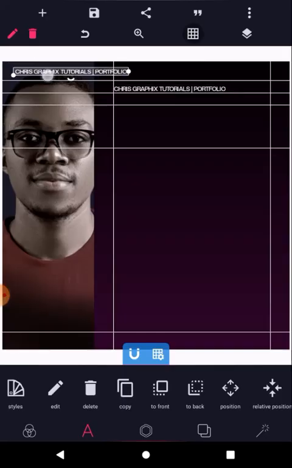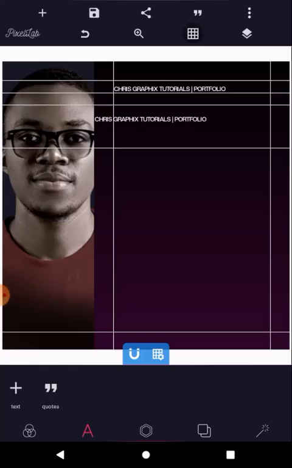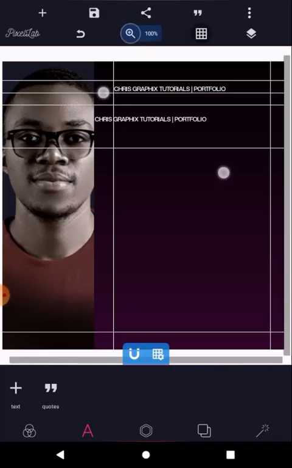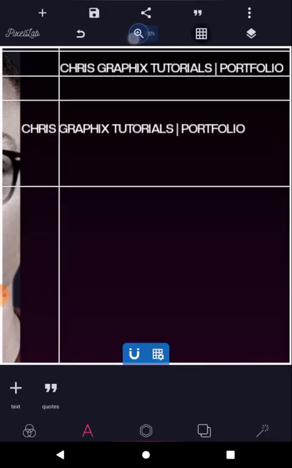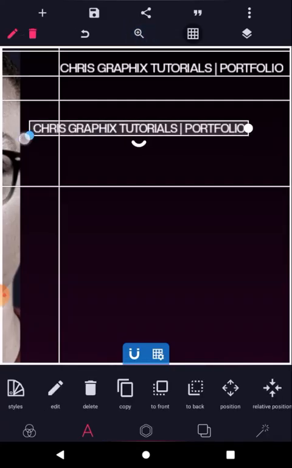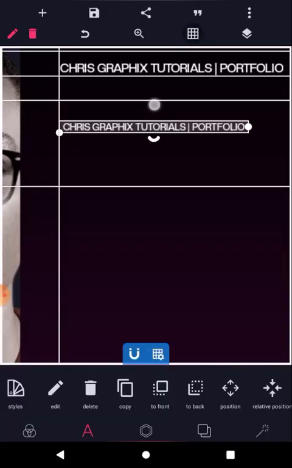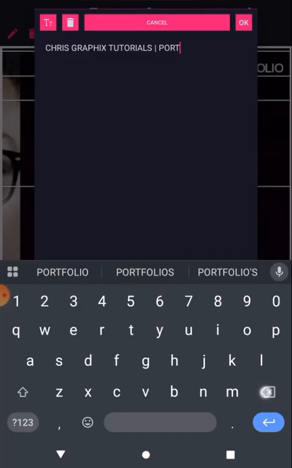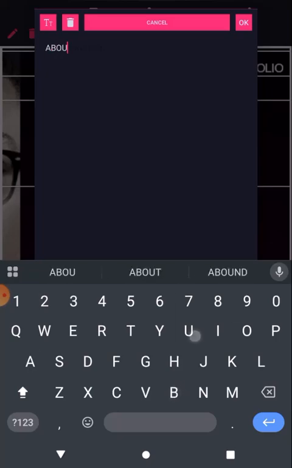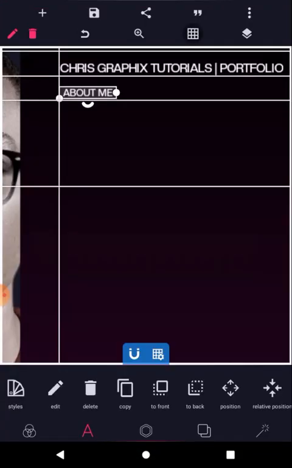So I'm going to create the tags that we'll be using. I'll open this, activate it, reduce it a bit, and the first thing I'm going to do is the About Me section. So I'll write About Me. After About Me, we have a couple of other things. So I'll copy again,